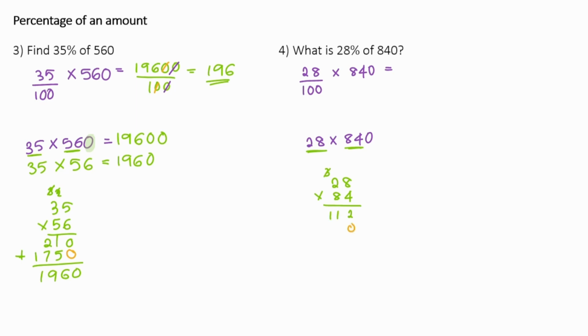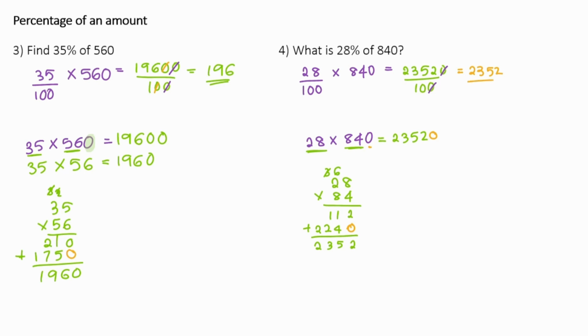I'm going to put a placeholder and then do 8 times 8, which is 64. And 8 times 2 is 16. Add my 6 gives me 22. And when I add this up, my answer is 2,352, but because this was not 84 and 840 in my initial question, I'm going to add that extra 0 at the end. So in the numerator, I have 23,520 over 100. So I can cancel 1 zero to simplify this, and I can now rewrite this as